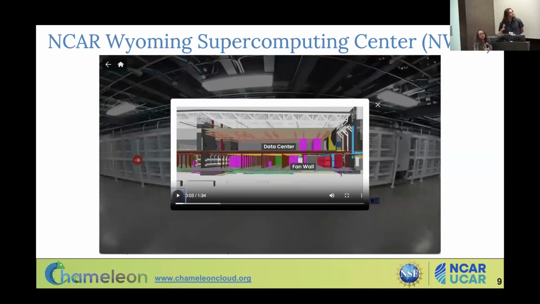So this is just from the video. The little 360, there's a little video here of this. You can see the fan wall back here. This is the fan wall that's underneath the floor that's pulling the air from that filtered side into the floor. And then this is just a little picture there. It shows the fan wall. That's this red thing right here. There's our data center. This over here is that space I just talked about where the air comes down, goes through those fans, and then gets diverted back up into the data center.